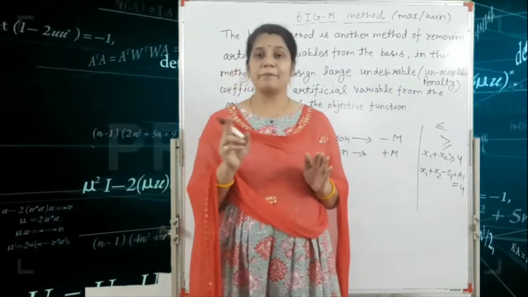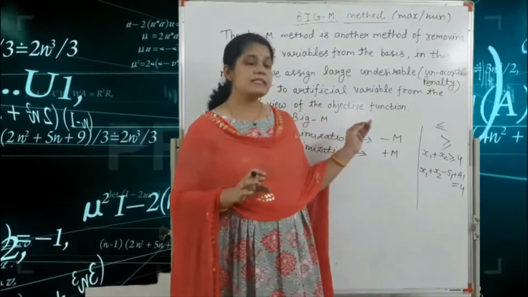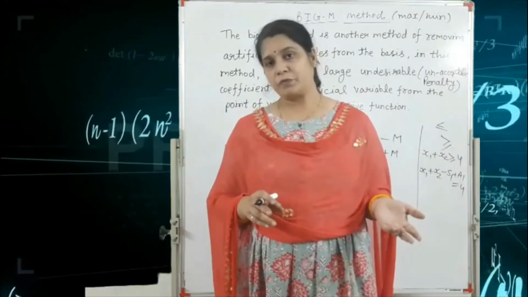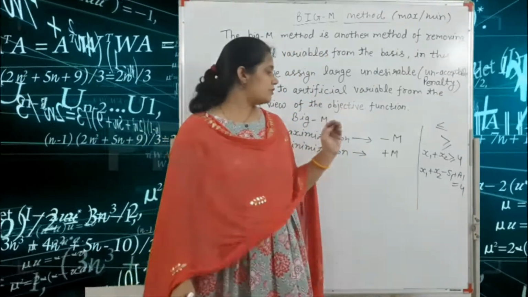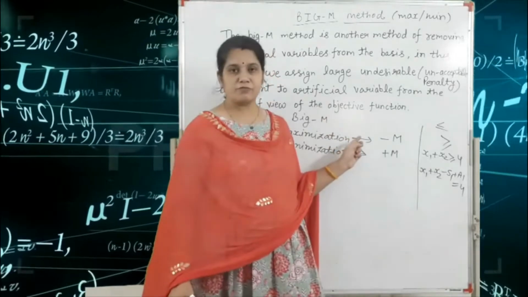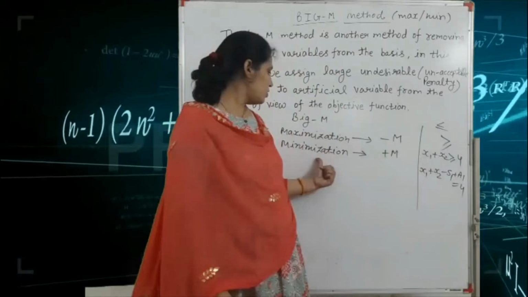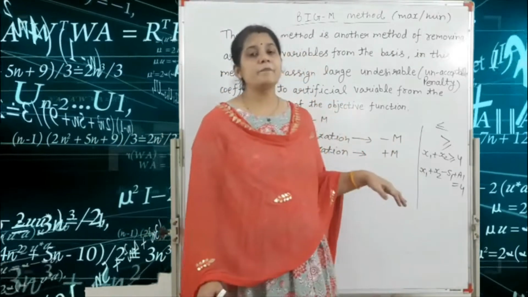Okay, not in surplus and slack variable, only the artificial variable, and this condition is also applicable in the two-phase method. Got it? So here the second point is: if a question is given in maximization form, we use the minus M, just the opposite, and if your question is given in the minimization format, you write the plus M here.